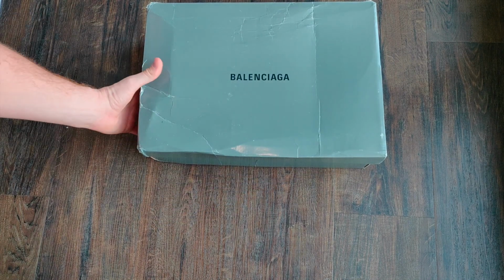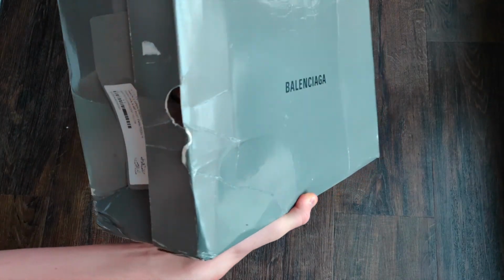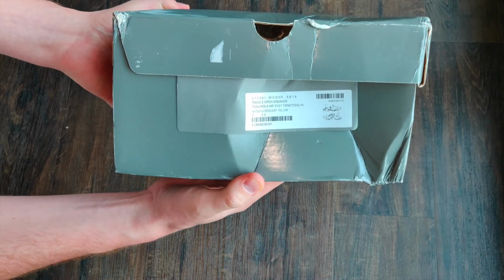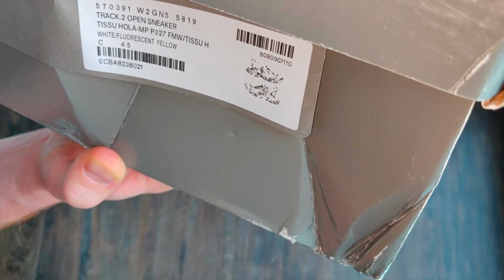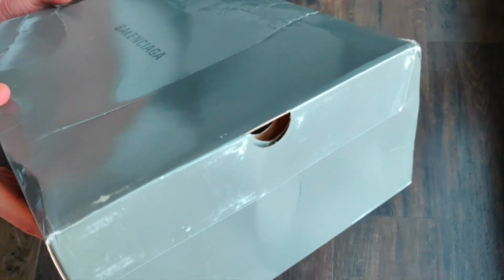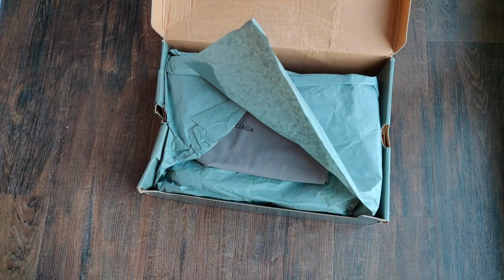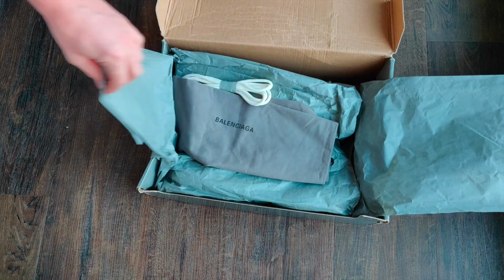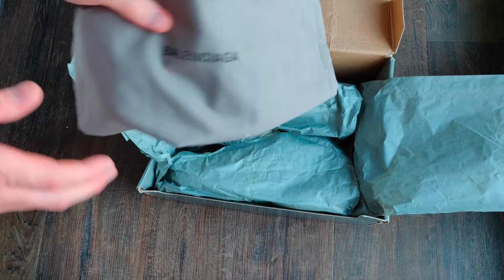Right, so the box a little squished, as you can see. Yellow, white and yellow. That's the box. Tissue paper, extra pair of laces, dust bag,